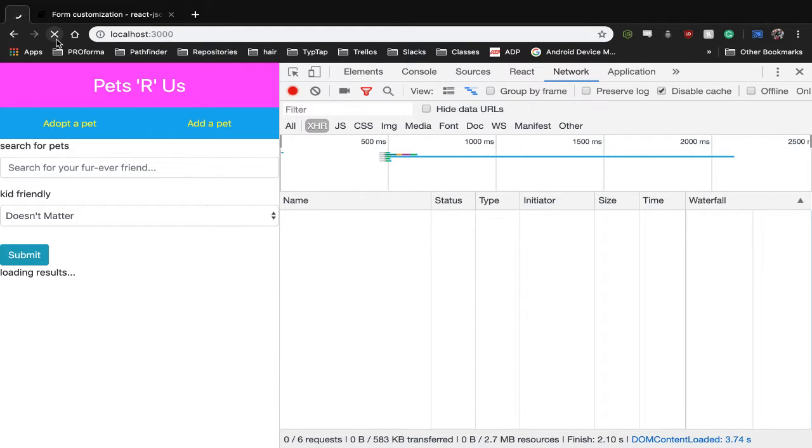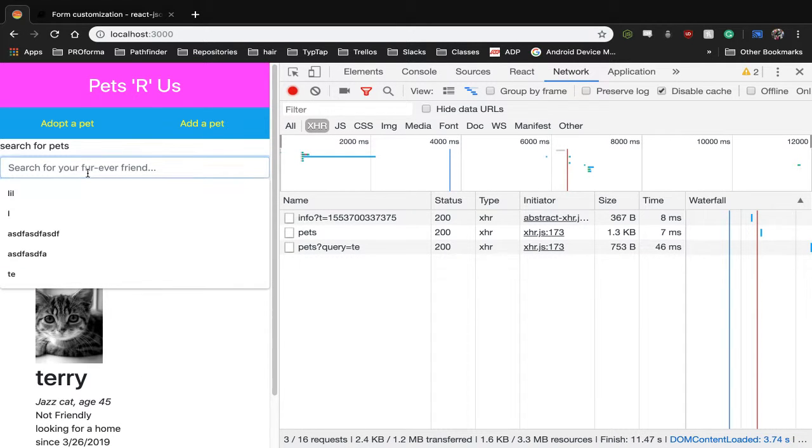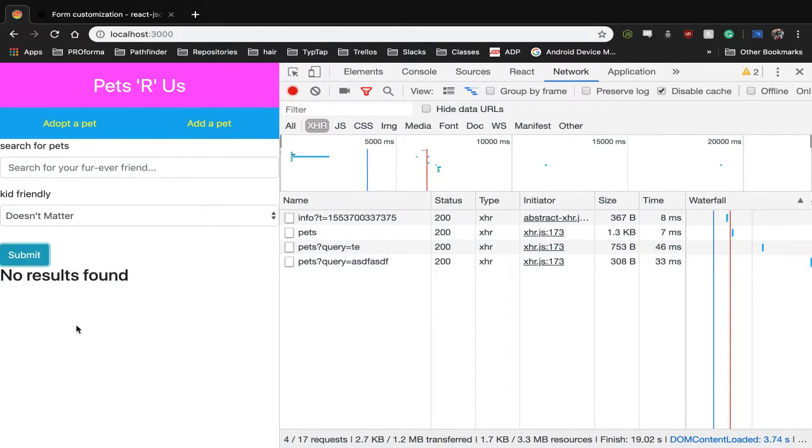So loading results, found results. It's too quick, so we don't see it happening. But if there's nothing found, no results found. But actually, if we can go through, here's a fun little thing for you to know about,